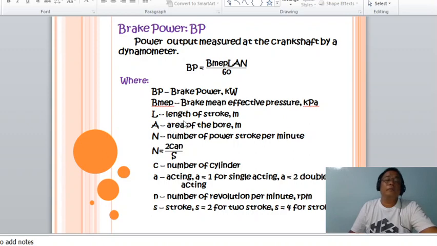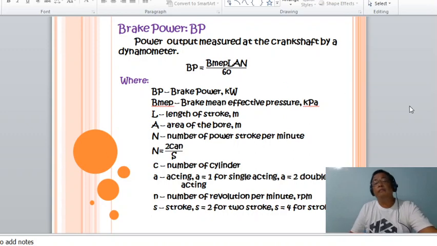Where BP is the brake power in kilowatts, BMEP is the brake mean effective pressure, length of stroke, area of the bore, number of power strokes per minute, number of cylinders acting, number of RPM, and stroke. So, these are all the same as what is written in the previous